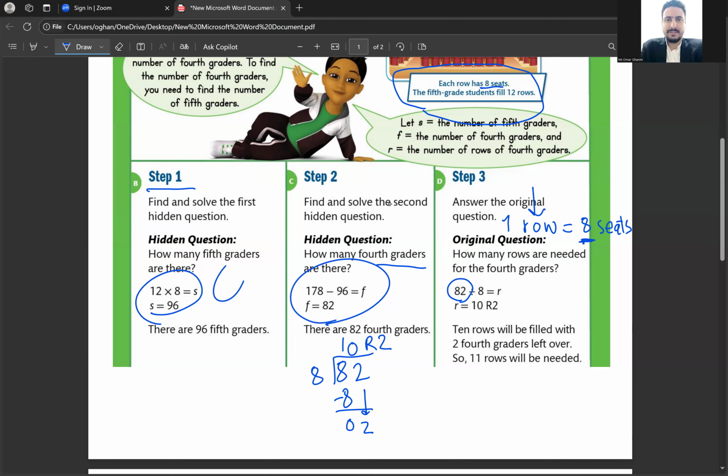Two extra seats need another row because I can't just add 2 seats. So I have to say 11 rows instead of 10 remainder 2. Even if it's 10 remainder 3 or 4 or 5, I have to write it as 11 rows. Okay? Now,